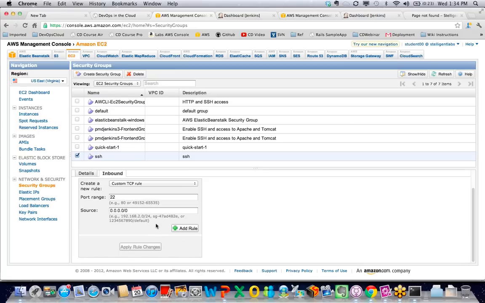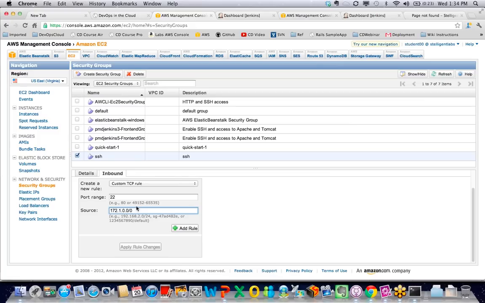and then I can go to the inbound. I can say 22. For the SSH port, I can define this as a CIDR notation. And what this means when you see the 0.0.0.0/0 like this, you can look up CIDR notation on Wiki for more details. But basically what this means is that anyone on the internet has access. If you assign this security group to an EC2 instance, anyone would have access to the instance through port 22, but they would have to have a private key. So it's not like just anyone.